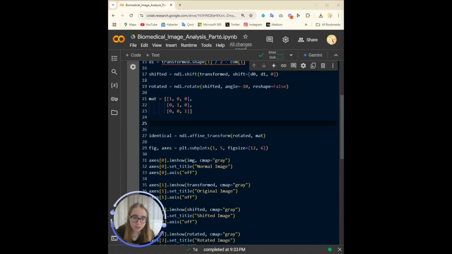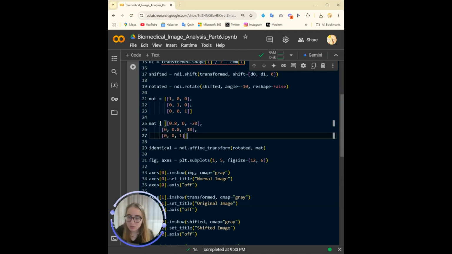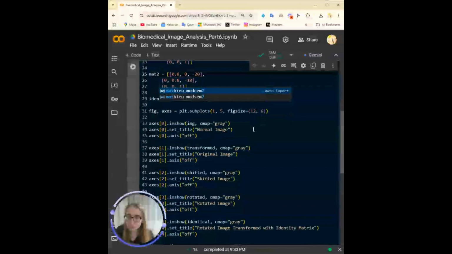So this will basically translate and rescale the image in matrix 2.